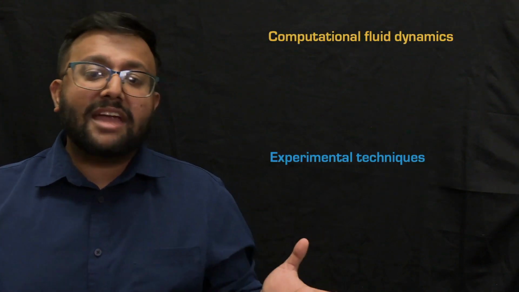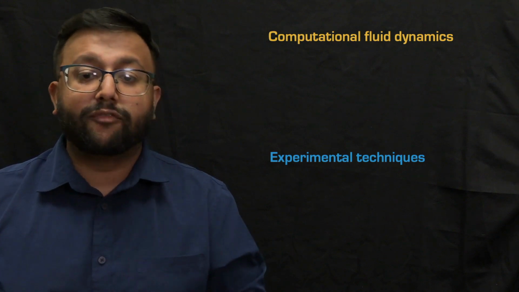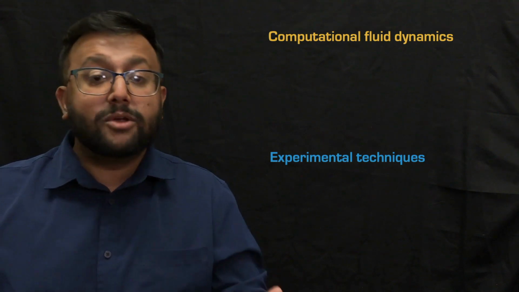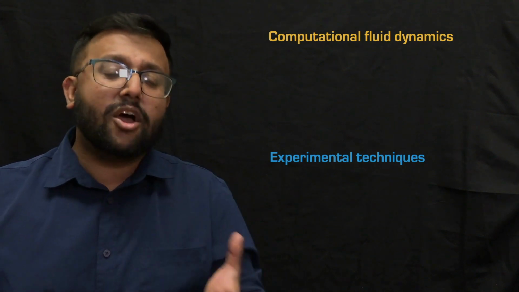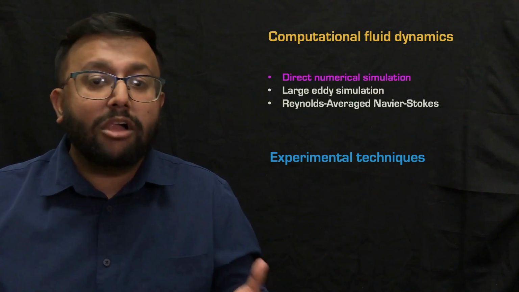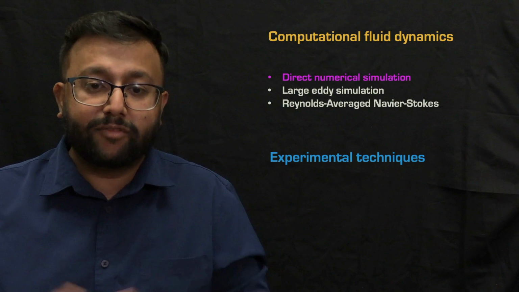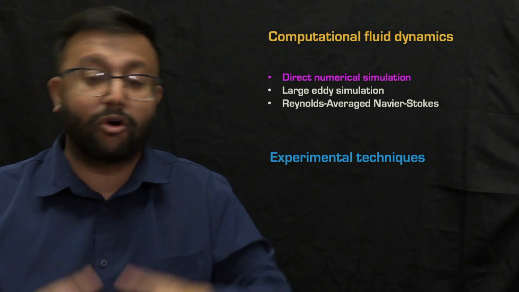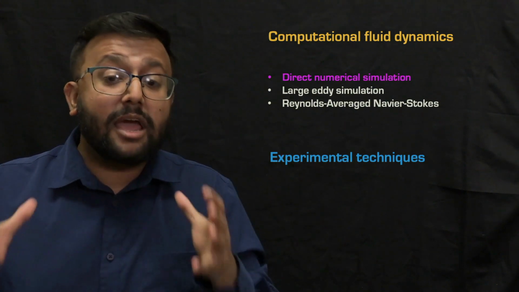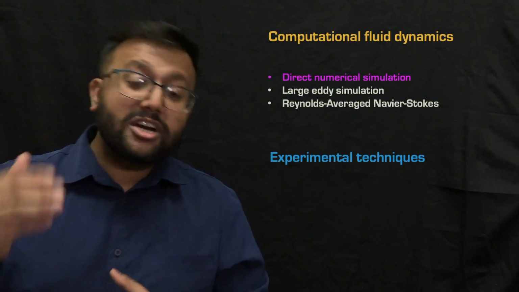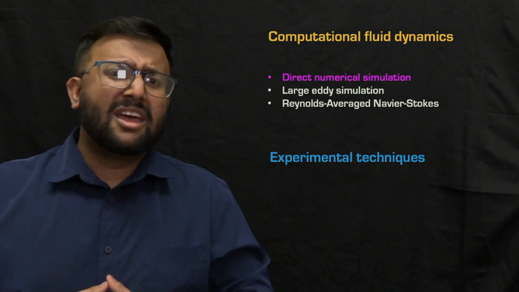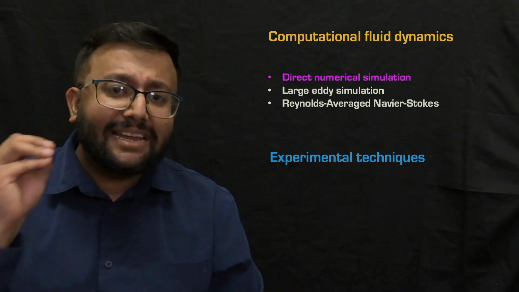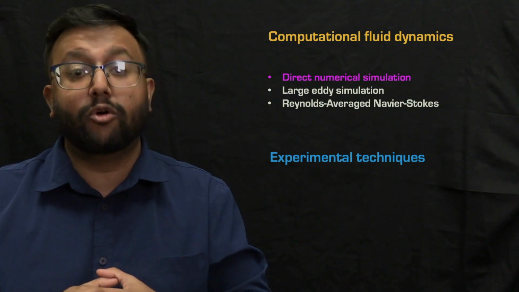All right, so in this slide, we are going to talk about two main techniques for generating data for unsteady fluid flows. The first one is computational fluid dynamics, which is a set of numerical algorithms used to solve and analyze problems in unsteady fluid flows. In particular, they will solve the governing equations that we talked about before, or the conservation laws. There are different approaches for performing CFD. The first one is direct numerical simulation, which resolves all the scales in the flow, and it gives the most accurate and detailed representation of the fluid flow physics.